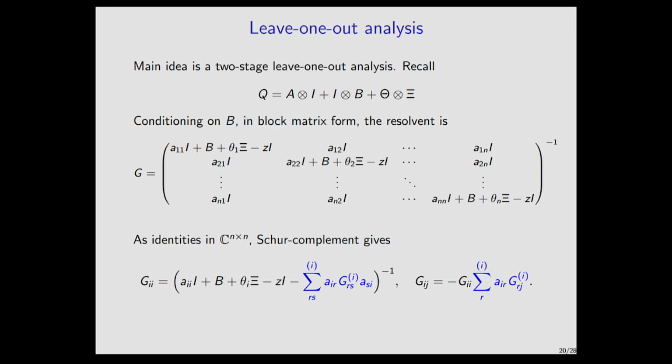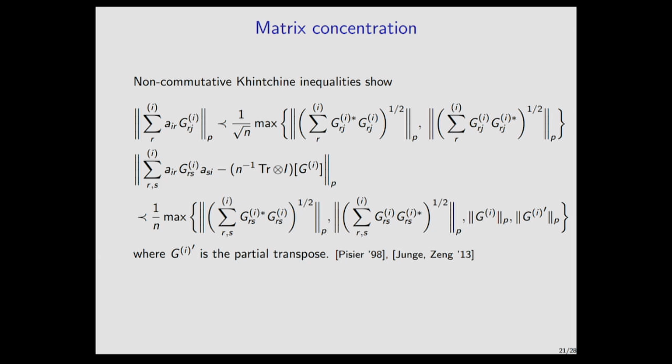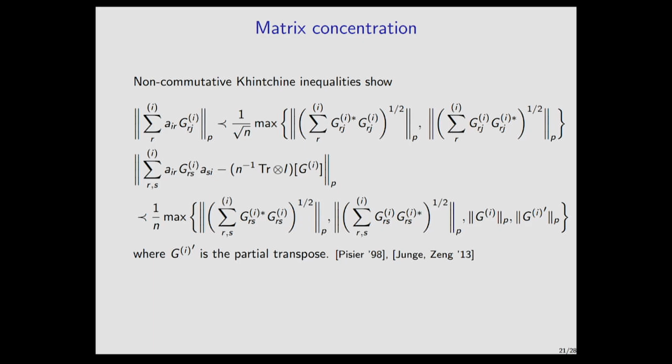So here, this equation is at the level of m by m matrices. So I think it's quite natural to try to use some matrix version of concentration inequalities to do these things. So we can try to appeal to non-commutative versions of Bernstein or Khinchin inequalities to do this concentration. And if you do this, you'll arrive at the following kinds of things. So for these two quantities that I wrote in blue, if you look at the Schatten p-norm, let's say, of these quantities, a matrix Khinchin type inequality will show you that it's controlled by the p-norms of these two matrix variance kinds of parameters.